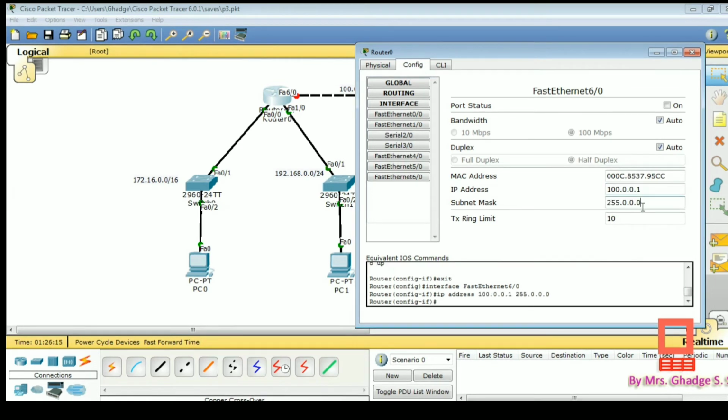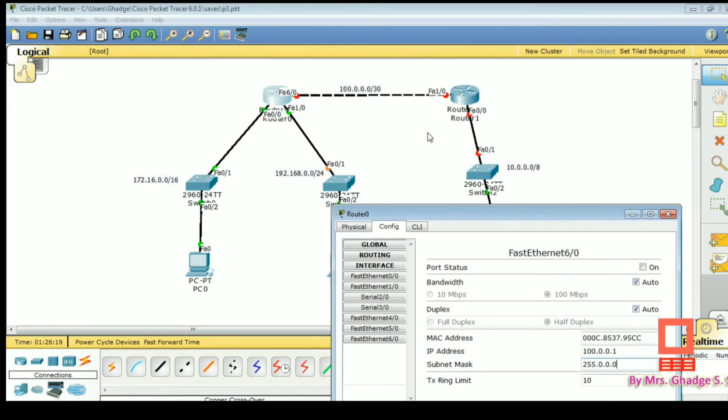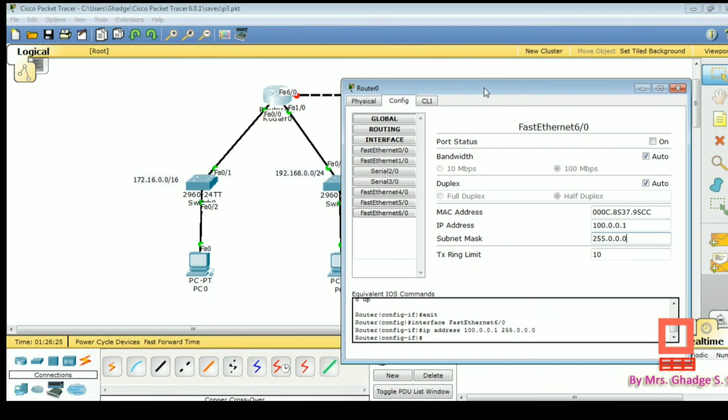100.0.0.1. The subnet mask is automatically calculated as /8, but we are using a subnet mask where the net ID bits are 30, therefore the subnet mask we have to write is 255.255.255.252.